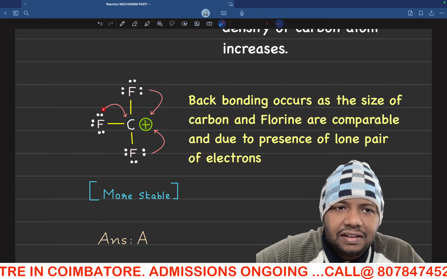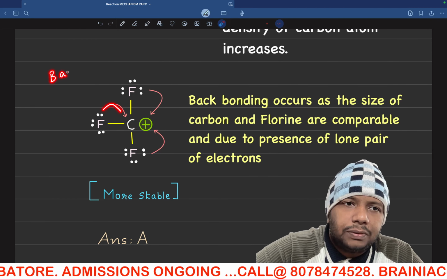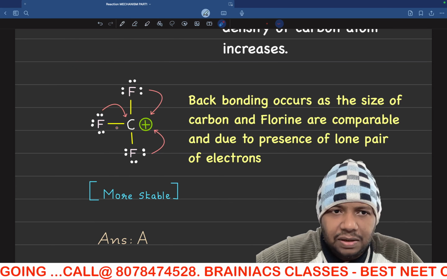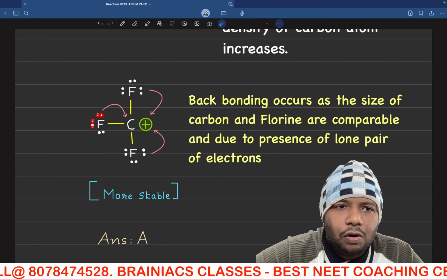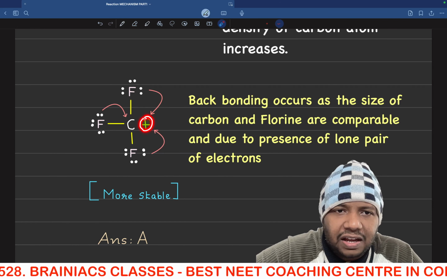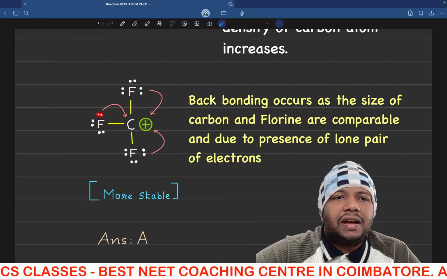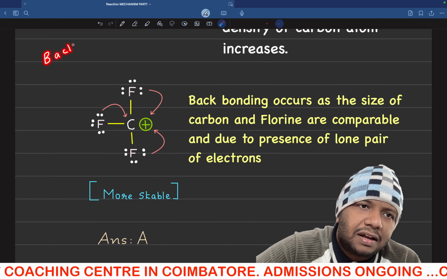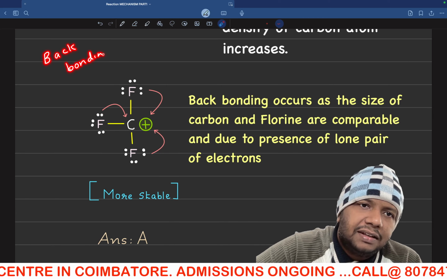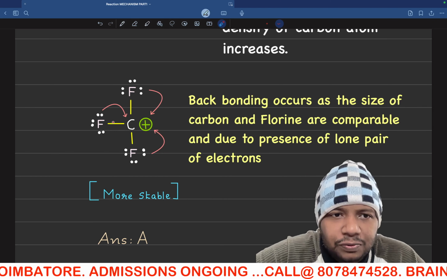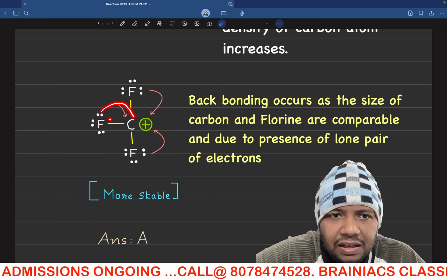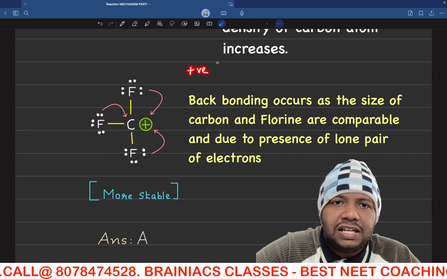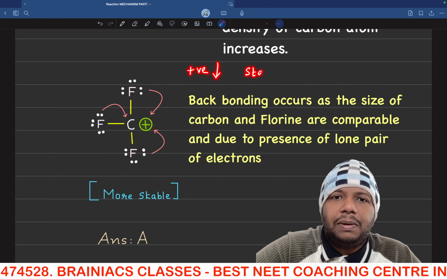So what will happen here is there is a concept called back bonding. So when the sizes of the atoms are similar, and if one of the atoms has free lone pairs and the nearby atom has a vacant orbital available, this lone pair will enter into that vacant orbital. This phenomenon is called back bonding. And this is present in CF3 plus, and because of that, this lone pair coming here means this deficiency is removed, and what will happen to the positive charge? It decreases. So stability